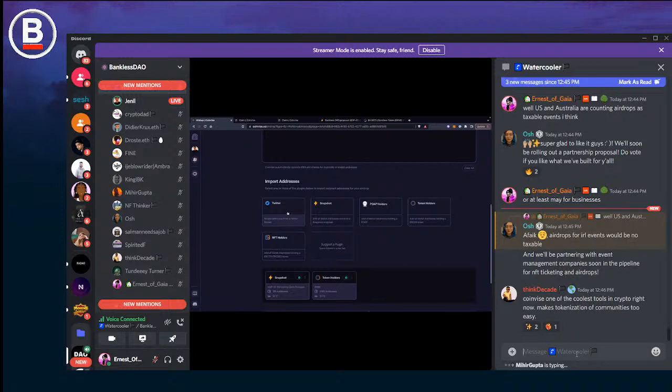So if you have a tweet with a bunch of addresses in the response or ENS names, we can automatically fetch that. And that's a good way to airdrop tokens for any kind of rewards, participation, contests, or simply just compensation that you guys do.